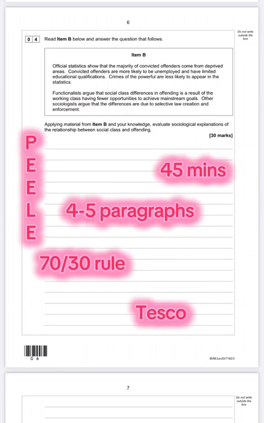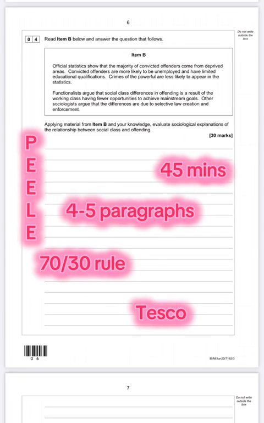I tell my students to do it in a Tesco way. Like I said previously, try to get theory, studies, concepts and obvious examples and make sure that your evaluation is very explicit. The 70-30 rule just basically means that if they give you a specific explanation, pattern, trend, idea, viewpoint,